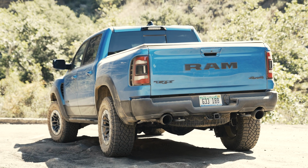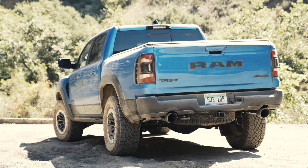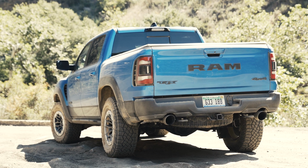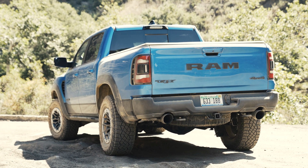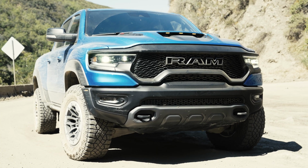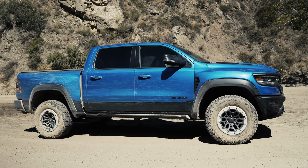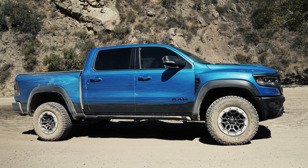It has 250 plus more horsepower than the Raptor. I mean, yeah, the next Raptor sounds great for its running gear, and the Raptor is still just an amazing machine, but it's not going to be competitive with this until the Raptor R comes out. And that is coming out, and it's going to be wicked, I'm sure. But for now, this is the king of the hill, and you have to pay to play. I think the Raptor starts at 56, 58, though most of the ones you see wind up being 70 anyway. This starts at